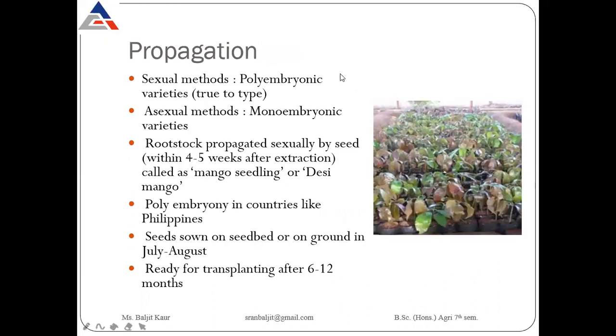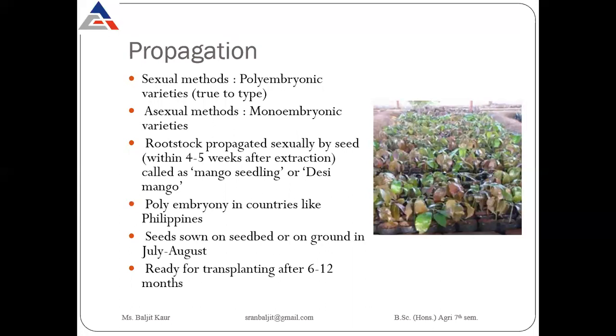Now let us talk about the propagation methods. Mangoes are propagated both by sexual means or by asexual means. There are two kinds of varieties in mangoes. One is polyembryonic in nature, and the other is monoembryonic in nature. Firstly, let us talk about polyembryony. Polyembryonic means